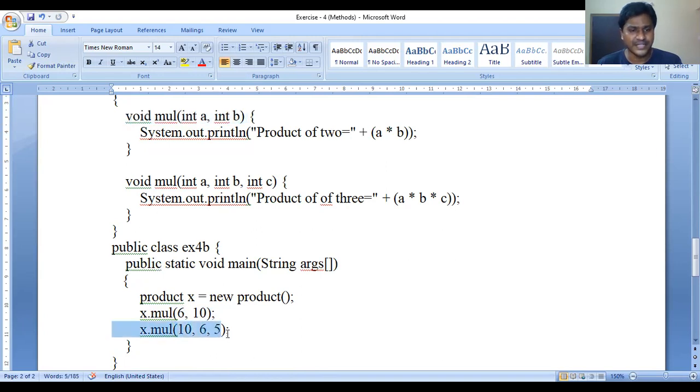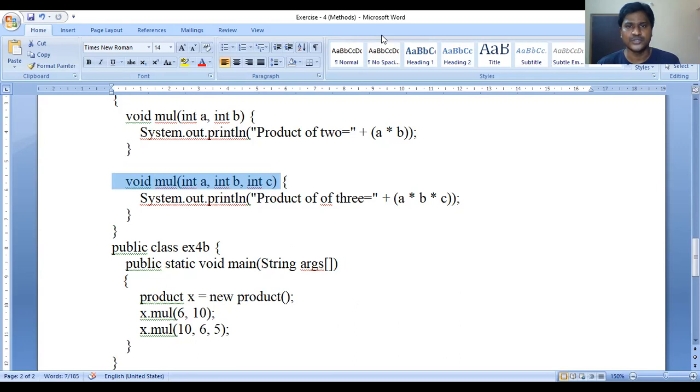The same way here, the object calls the multiply method with three parameters, and the compiler goes and verifies in the class the signature and definition of the method with three parameters, then it is invoked. So this way methods can be overloaded, as simple as that.